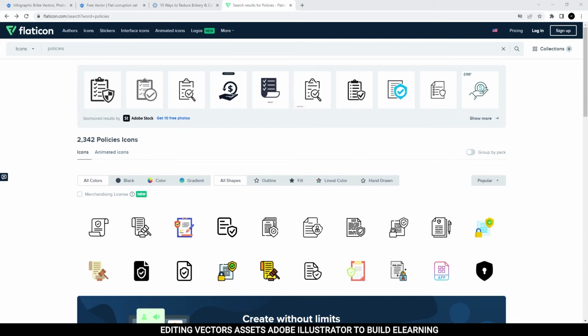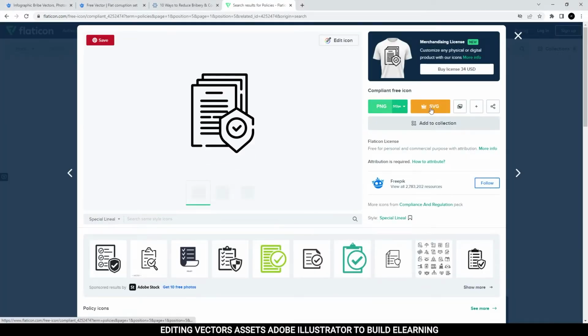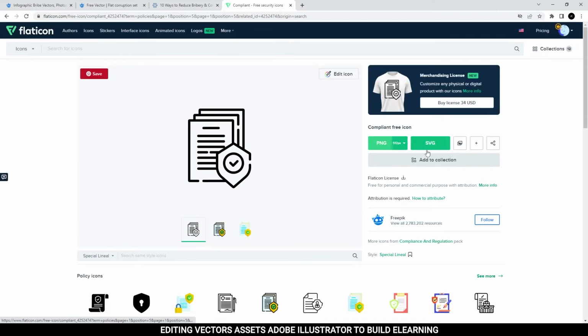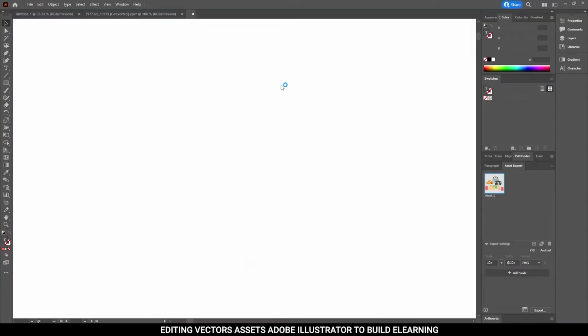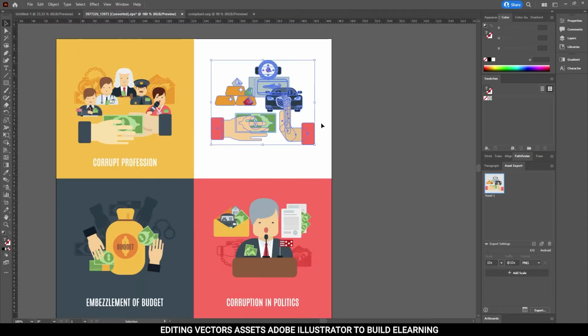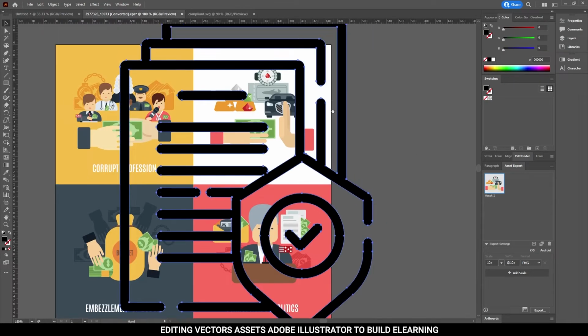Now I'm at flaticon.com, searching for keywords and finding an icon that I want to use for my slide. Download the SVG. Some icons, if you don't have the subscription, you can't download, but I do have a subscription. Download the SVG, open it in Illustrator, change the color or copy and paste it over to your other AI file,